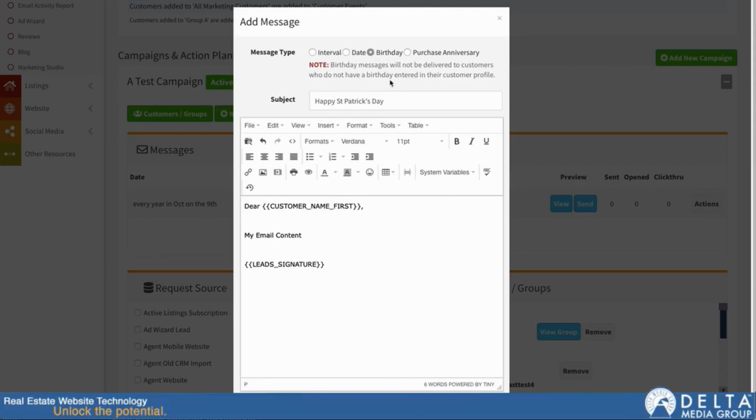Now next, we have an option for birthday, and what that'll do is look at the customer who is in this campaign, and if there is a birthday entered for them, it will send this message to them on that day. So that is how those are set up, and it just allows you to intermingle the happy birthday emails into the email campaign, if that is something that makes sense for this campaign